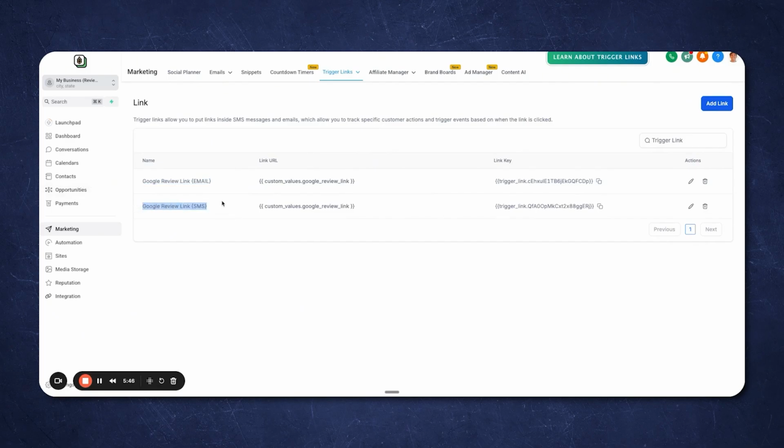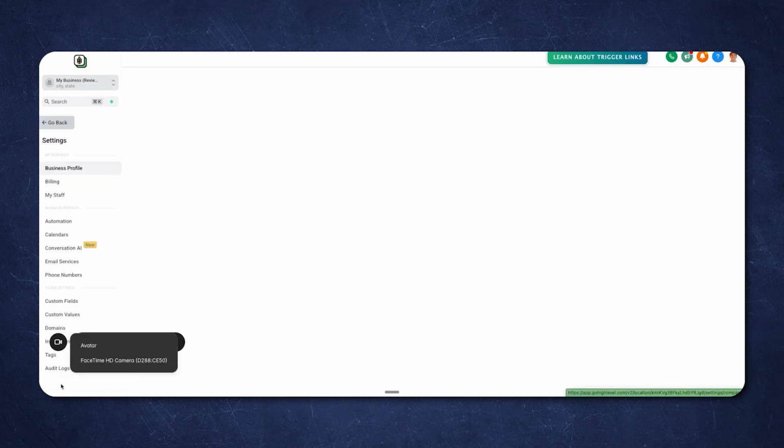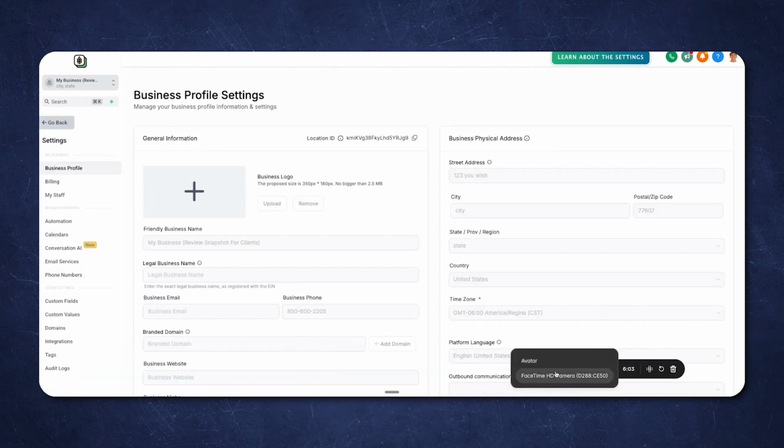One is for the email review request and one is for the SMS review request. And so we have 2 separate trigger links. That way we can track where we're getting the most amount of clicks, whether it's the text or whether it's the emails. And you can see in here, this is just dynamically pulling in the custom value of the Google